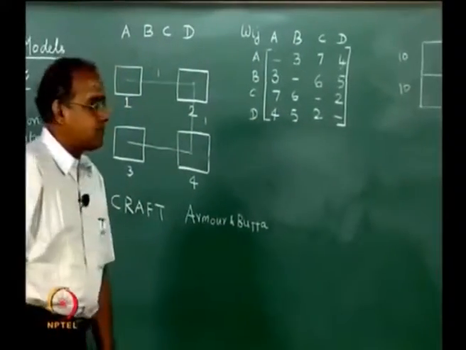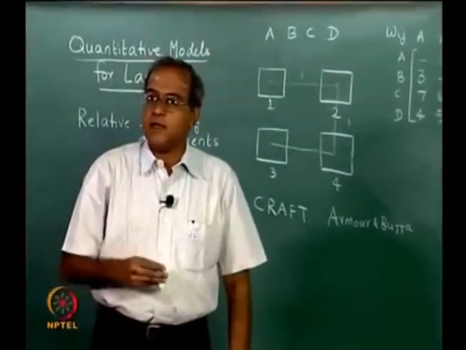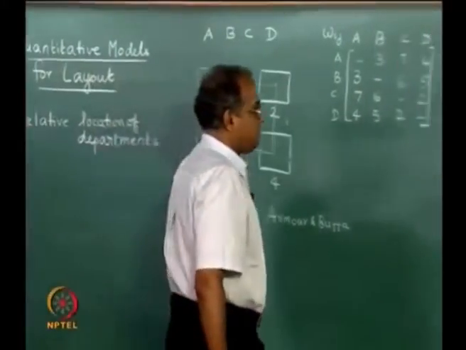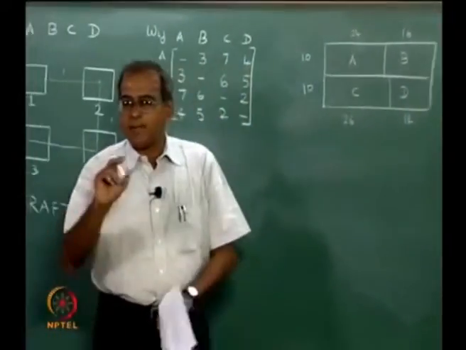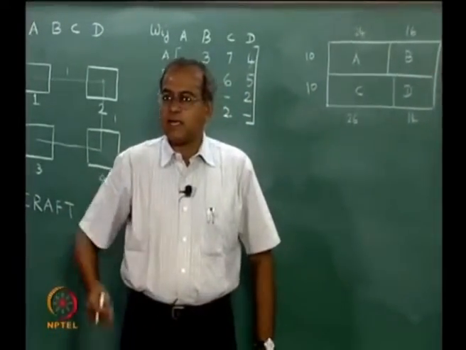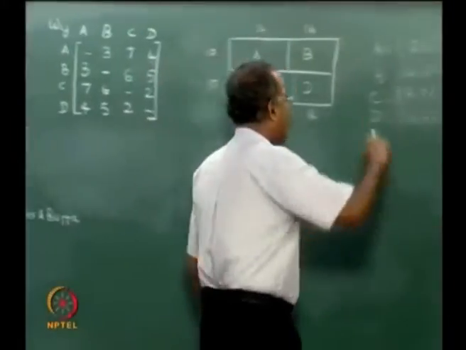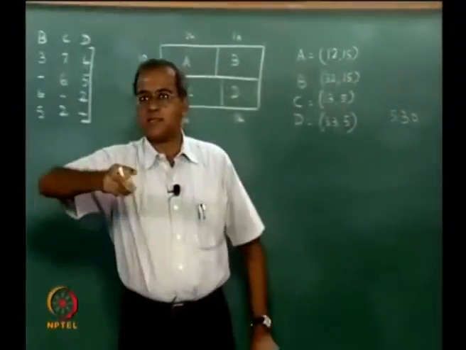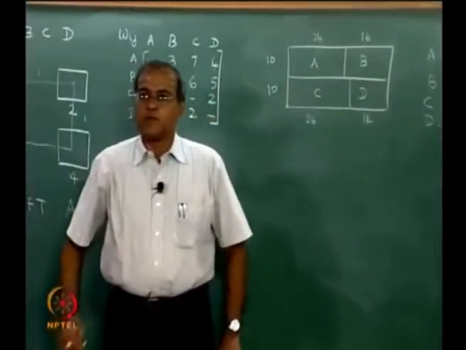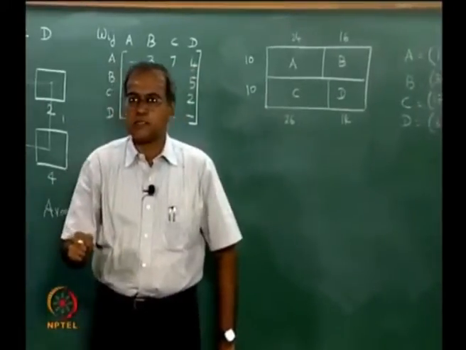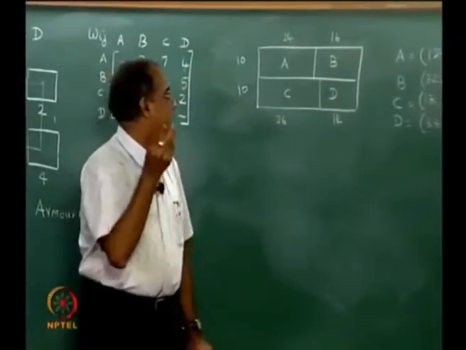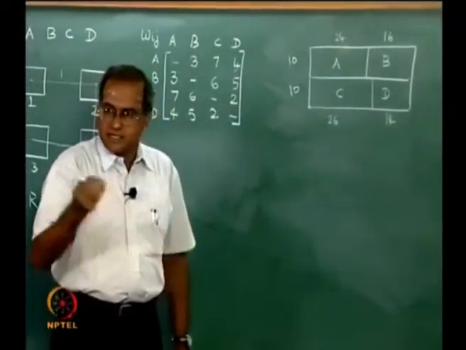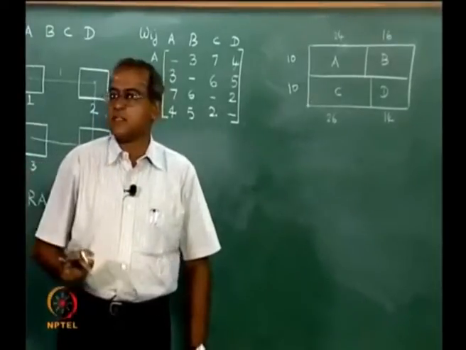Now, the next thing that we have to do, in order to see whether we can have a better layout than this, is we will create a pairwise exchange by initially assuming that A and B will exchange positions, which means A and B's centroids are exchanged. We could think of A and C exchanging positions. So, A and C's centroids get changed. We could think of B and C exchanging. So, their centroids will exchange and so on.